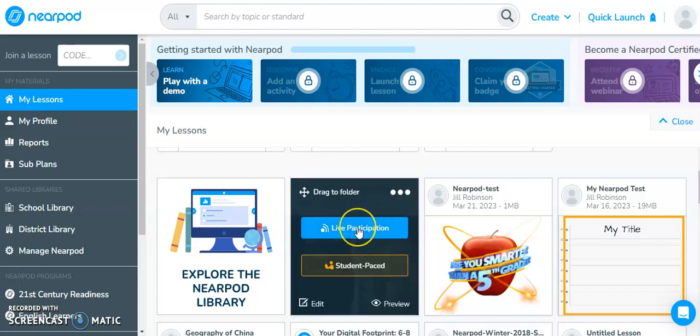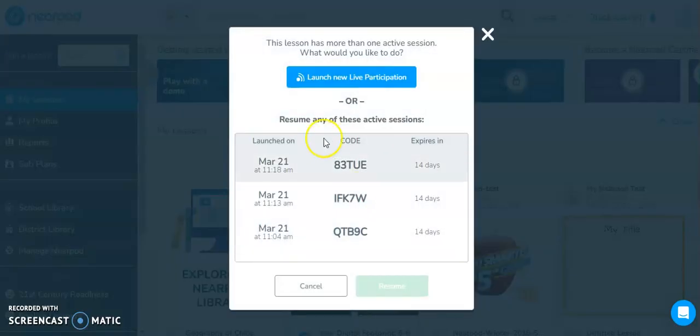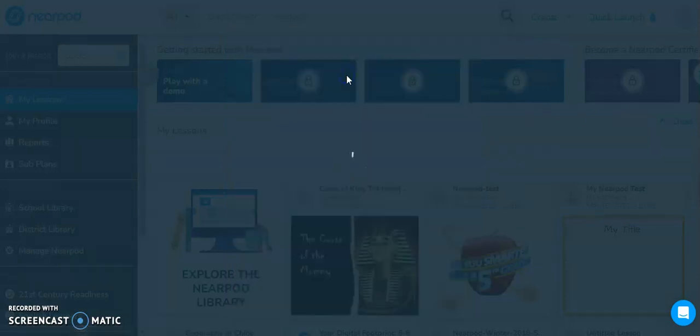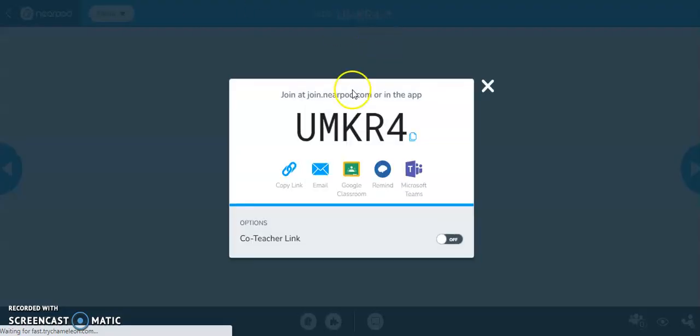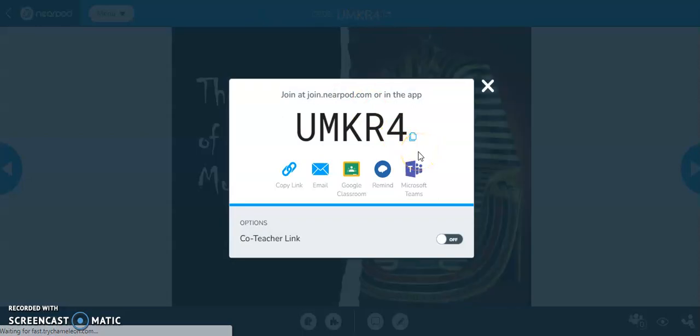So let's say you want to do a whole class lesson and you're going to select live participation. When you click on live participation, I have a number of live participations already launched, but what you'll see is a code that is generated. And this code is what students are going to type in order to access your Nearpod lesson. Now, if you have very young students, there's an even simpler way to do this, which I'll show you in just a minute. So my Nearpod lesson has loaded, and this is the code students would type in to gain